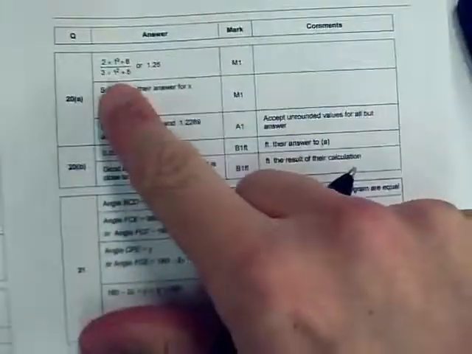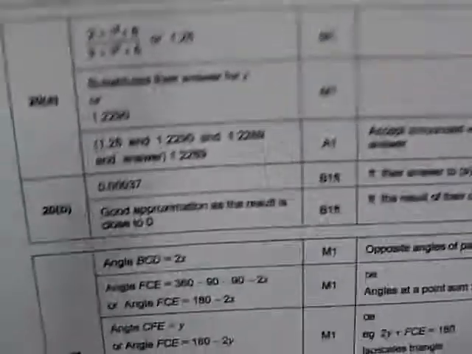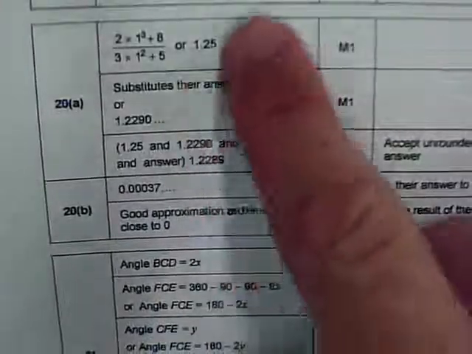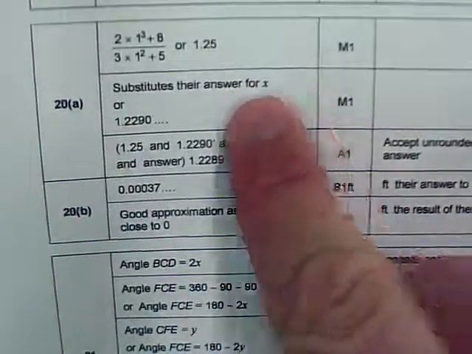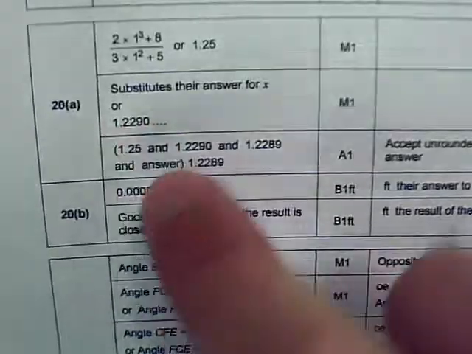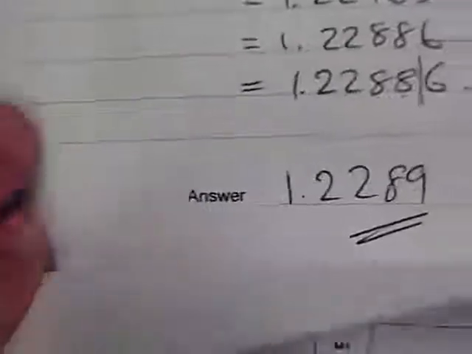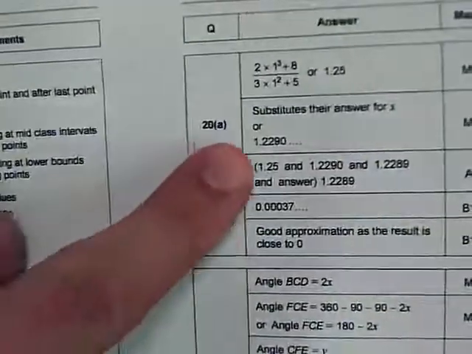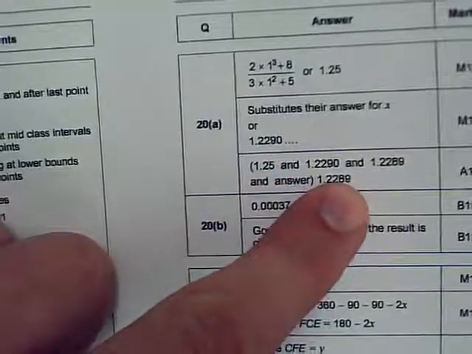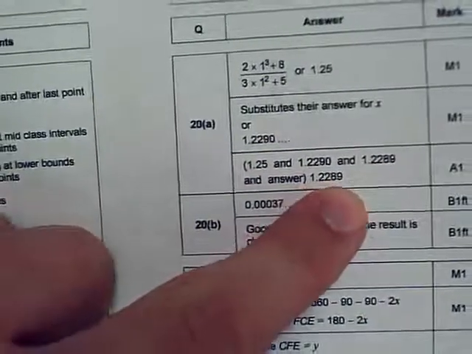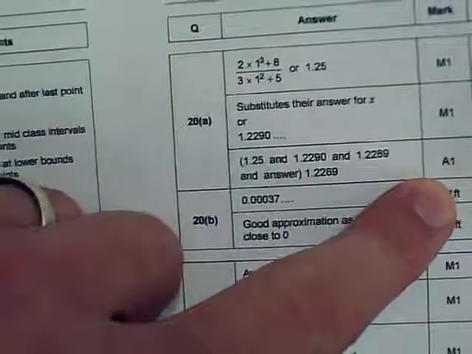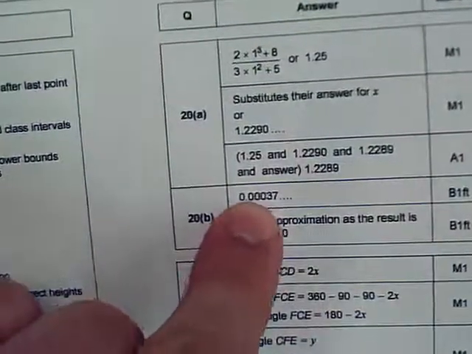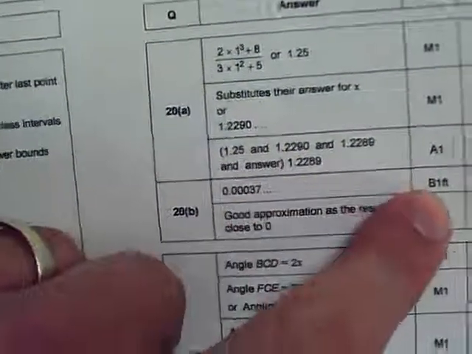Let's compare that with the mark scheme. So for part A, we get 1 mark if we said 1.25. Then we have to substitute the answer back in for x. So if you've got 1.2290, let's have a look what we got. There we are, that's the second mark. And then substituting the answer back in again to get to the point where we've got 1.2289, that then gives you 3 marks. And then in part B, if we got 0.00037, we get